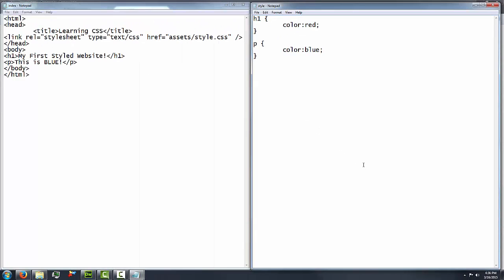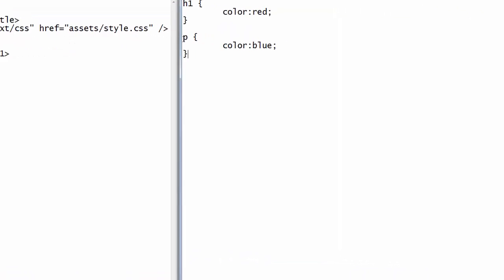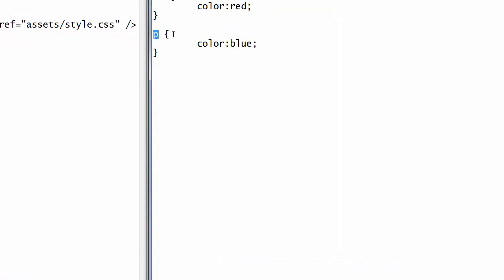So say that we wanted to make it so that the paragraph tag had a different font than the H1 tag. What we would do is go into our paragraph selector, which is right here. We know that it's the paragraph selector because this is the tag for the paragraph. We would go inside the rule, which the rule is everything that is written inside of these brackets, and we would make a declaration. The declaration for this was color, which is the property name, and then blue, which is